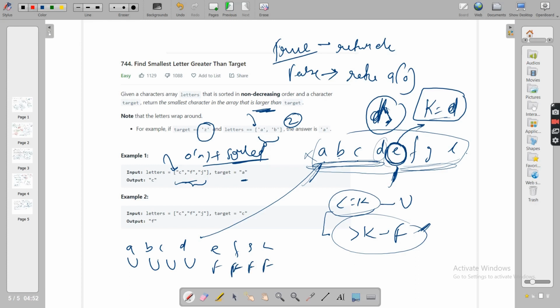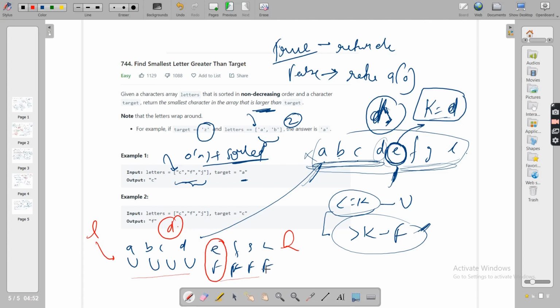Now, if you are coming from part 2 video, we'll keep L and H here. What will give you the answer? This side is greater than k, and the other side is lesser than or equal to k. E was our answer for D, the first greater element. So you want to find the first element of the second space.